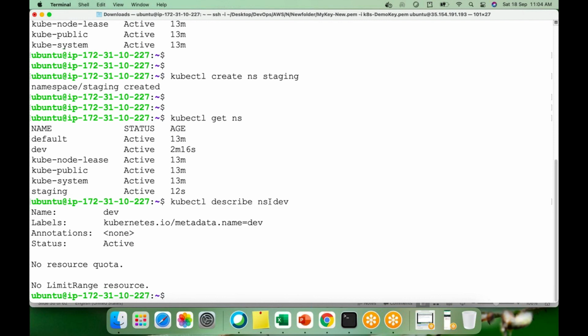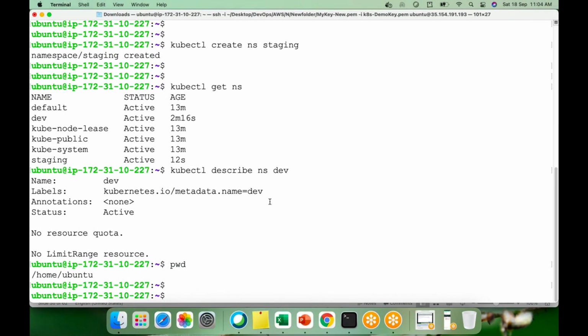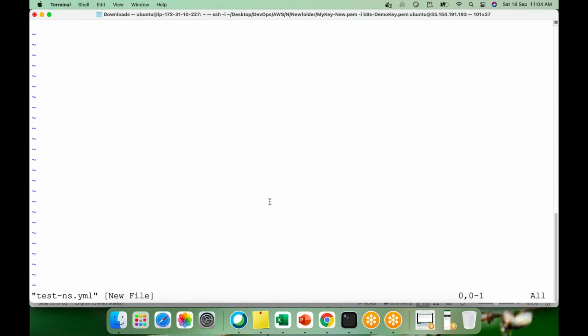Let's create one more using a YAML file. I'll explain how to do that. Let me create it in Ubuntu. Suppose I'm going to create one file, namespace.yaml. Anything you can give, or I can just give, suppose, test-ns.yaml. Remember, all YAML files start with three dashes, right? So three dashes, and then the first thing we have to